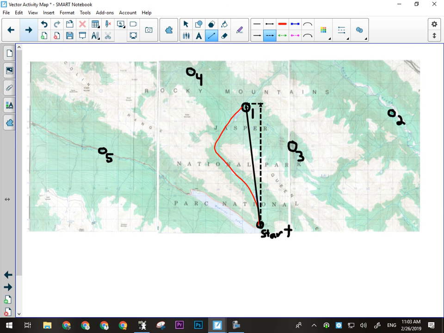So if I'm looking at day 1 here, day 1 is all on trail below the tree line. So all of day 1, I would walk at 1.5 meters per second, okay? If I was over here, and I was following a trail like this, I would have a couple of different sections. I would have to divide it up, okay? This part here would be off the trail and below the tree line. This part here would be off the trail above the tree line. So I'd have to measure them individually so I'd know how far I walked, and then I could use the speed during that section to